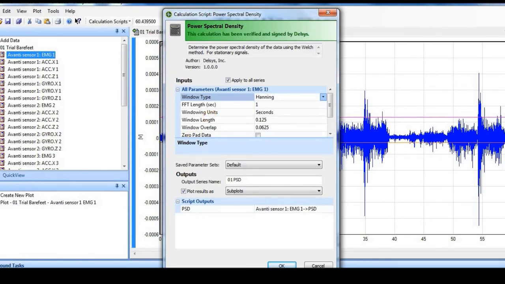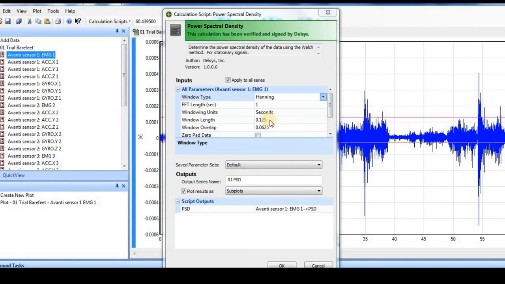The second parameter is FFT length, or fast Fourier transform length, which is mentioned in seconds. I have to put in some numeric value. Basically, this length will be the length of the internal buffer used to compute the power spectrum, and this is selectable in seconds. So I am keeping it at the default value of 1 second. Now this complete data will be analyzed by the moving window method, wherein the complete data series will be subdivided into overlapping windows.